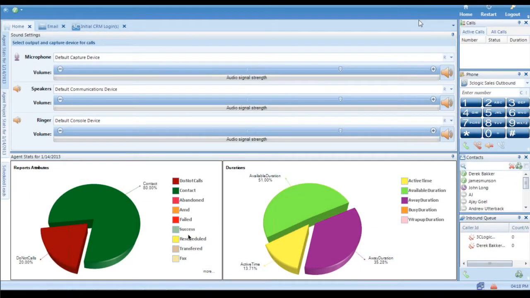Today I'm going to show you the LeadMaster and 3CLogic integration. We're going to go over both the admin side of the integration as well as what it's going to be like to be a representative within the 3CLogic LeadMaster integrated system. As you can see here on my screen today, you can see that your representative, when they log in to